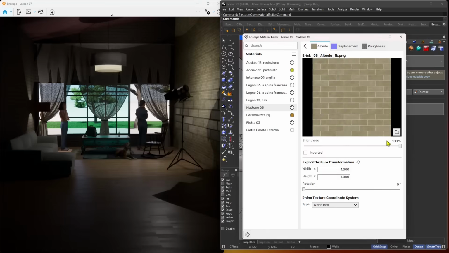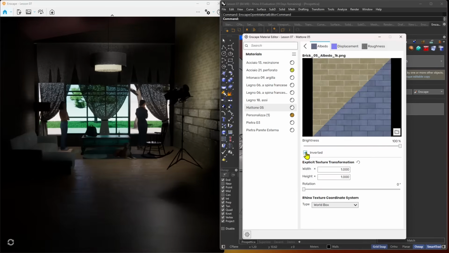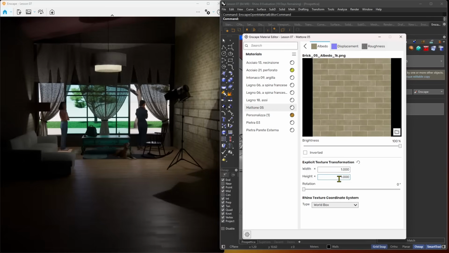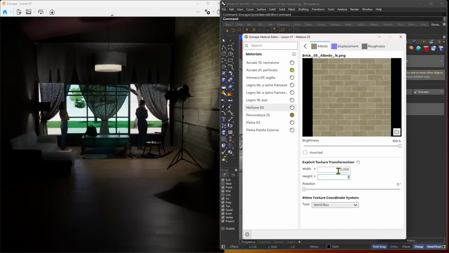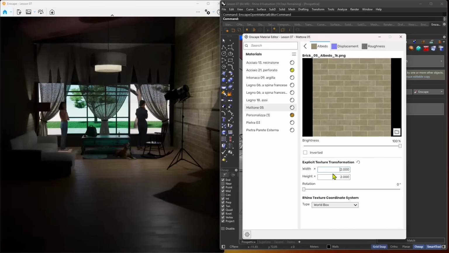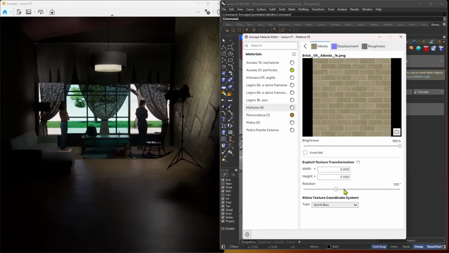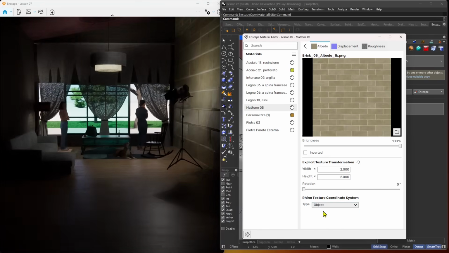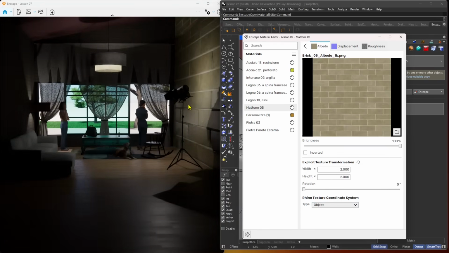And we can open another one. We can substitute. We can change the brightness. We can invert the material. We can change the width and the height. So if the material is too big or too small, you can change it here. So if I make it 2, I'm going to double the size. And if I want, I can also rotate. Okay. And here I can change if I'm placing this on the object or if I'm using the world box,